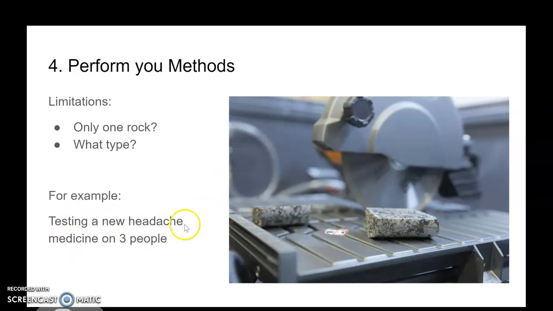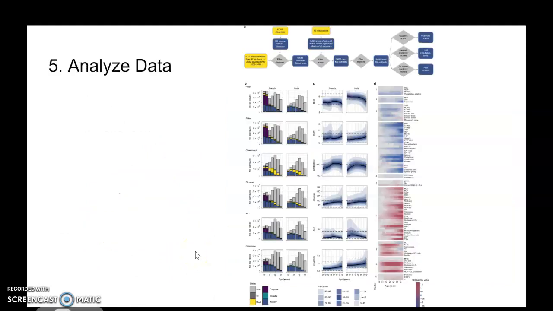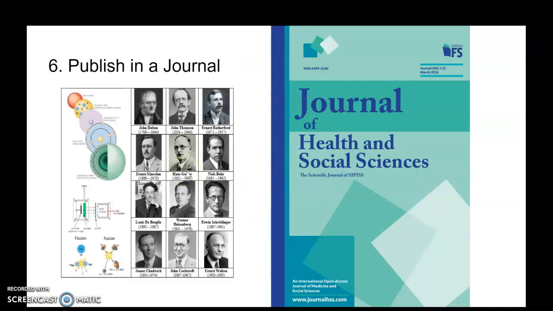Anyway, so sample size is one thing in the method section of your experiment that you're going to want to make sure that you have a good, accurate size of. Then you collect data. I just got this random photo online, but you may have temperatures here, amounts of humidity in the air, the amount of water versus the amount of mold the rock had. And so you're going to analyze this, and then you're going to draw conclusions from it and publish